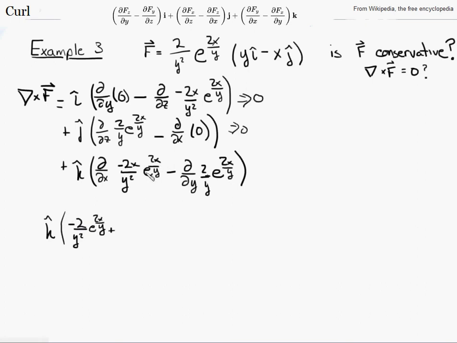I do the other side. I take the derivative of this and leave this alone. So I'll write negative 2x over y squared times the derivative of this with the partial of this with respect to x. So I'm going to need to use the chain rule and get the 2 over y, and then write this down, e to the 2x over y. Alright, and then I have minus